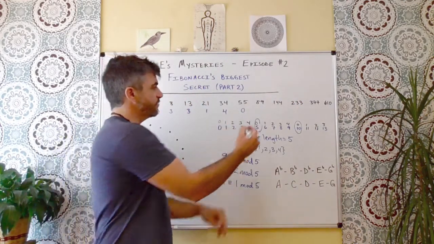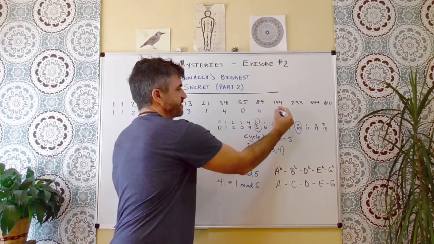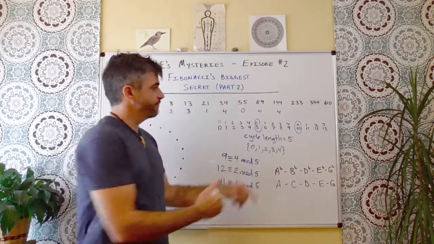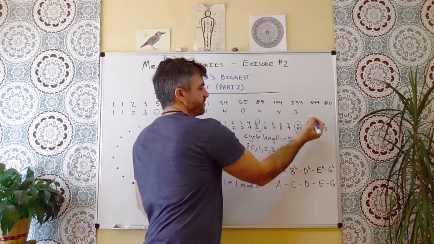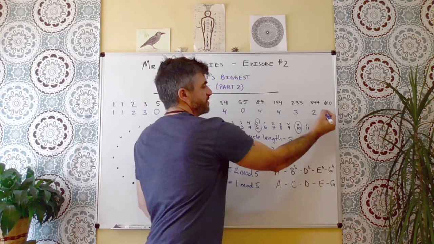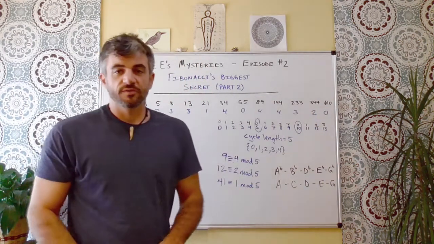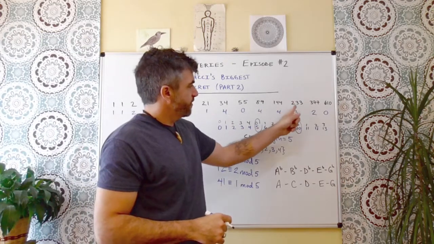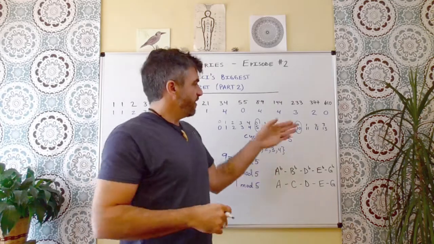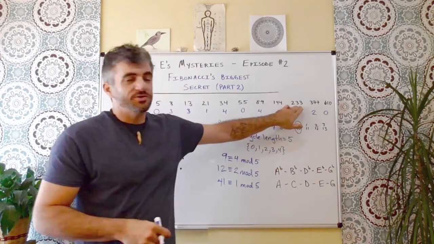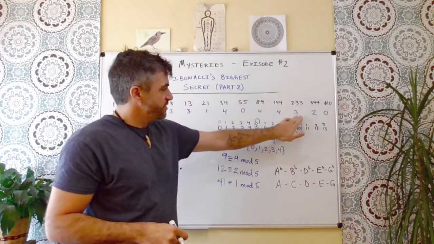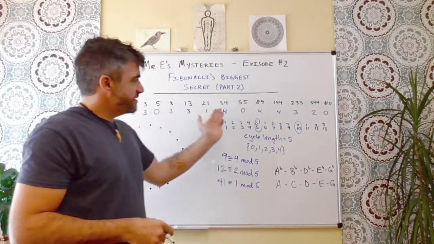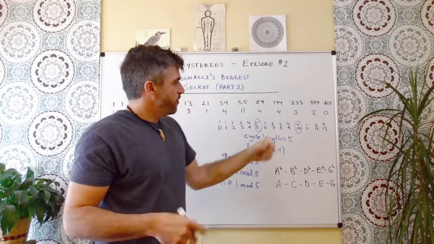So 4 plus 0 is 4. 0 plus 4 is 4. 4 plus 4 is 8, which we know reduces to 3. 4 plus 3 is 7, which is 2. 3 plus 2 is 5, and I get a 0 for a 5. Now, we can check this quickly. 233 has whole groups of 5 up to 230, with 3 remaining, so we have a remainder of 3. So that is the Fibonacci sequence up to this term 610, but what happens from there?